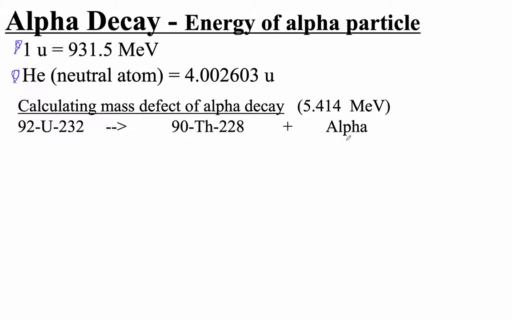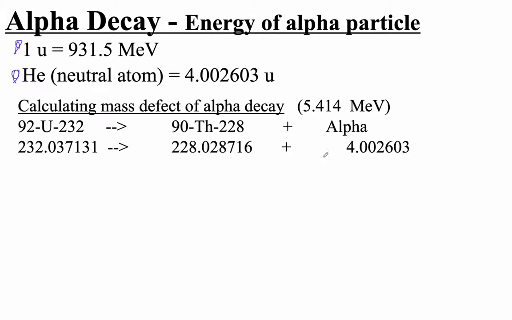And so the first thing we're going to do is look these masses up in the table. So you look up uranium-232, there's the mass. Look up thorium-228, and you'll use your reference guide. Okay, so look those up in your reference. And if you're a spaz like me, write them down carefully. Okay, and then basically we're just going to look at the mass of the left side. The mass of the left side simply is